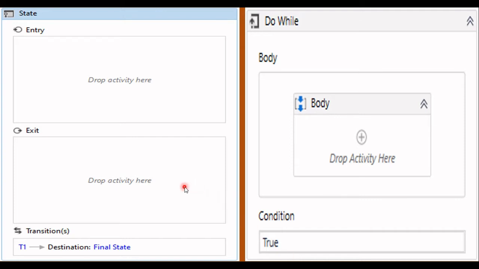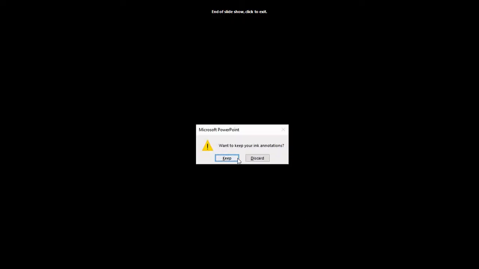But in state machine, if it is true, then it will come out of the loop and execute the final state. The only difference between these two is the condition. In state machine, if it is true, it will execute the final state. In do while, if it is true, it will execute the body again. So this is the only change, the true and the false, between do while and the state machine. Let me explain with an example of the do while and the state machine, so that it will be more clear, and you can jump into an example